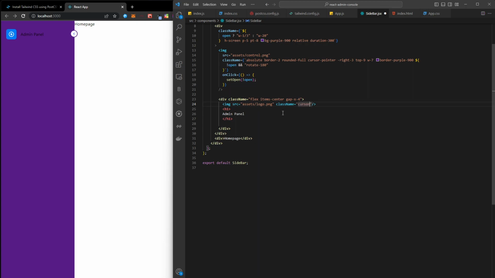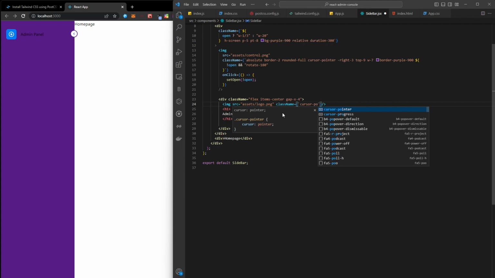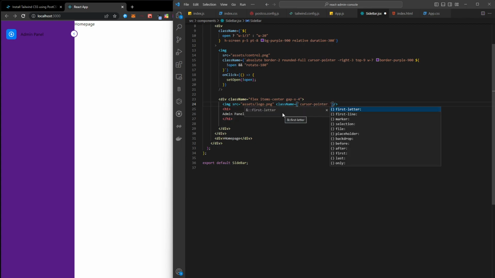Sorry, we need to first put it in curly braces and then backticks, and then we'll say cursor-pointer, duration-500 to animate, and then once it's open, if it is open,